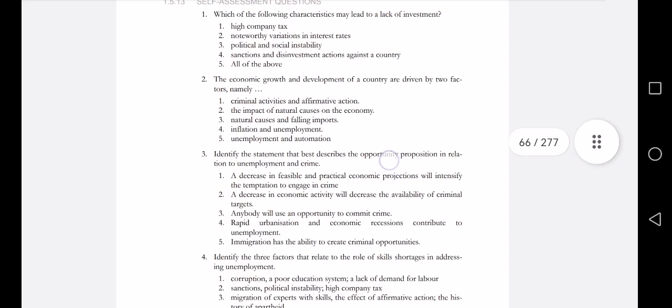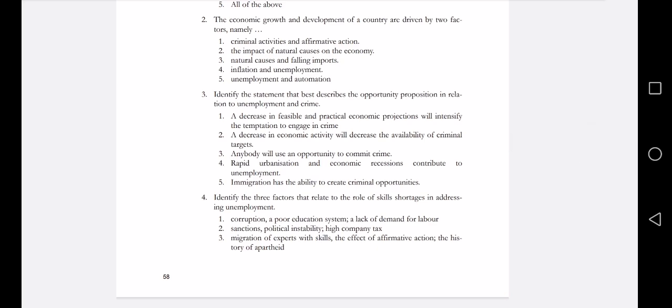Identify the statement that best describes the opportunity proposition in relation to unemployment. The decrease of feasible and practical economic prospects. The decrease of economic activity will decrease the availability of crime targets. Anybody will use opportunity crime. Rapid urbanization and economic recession contribute to the education has the ability to create criminal opportunities. Number four,